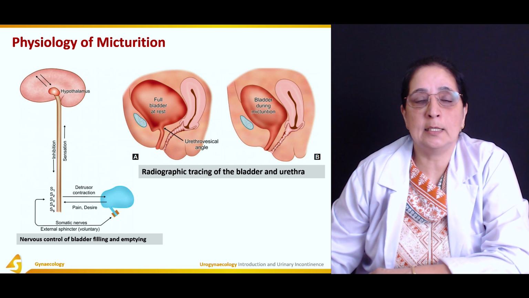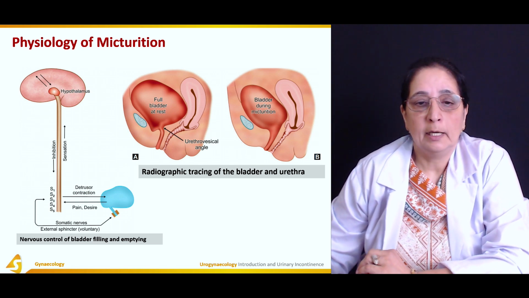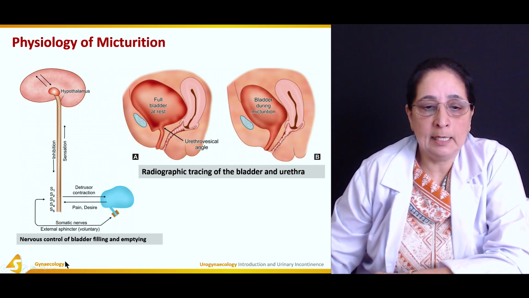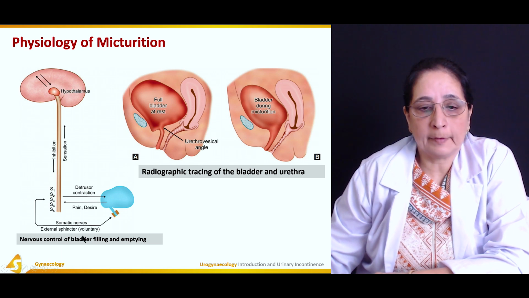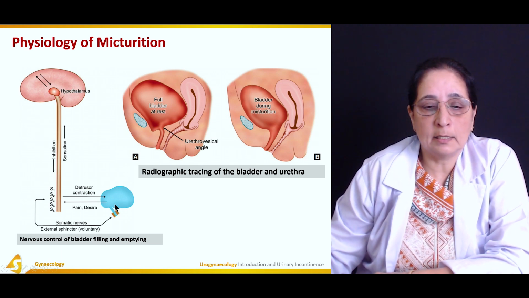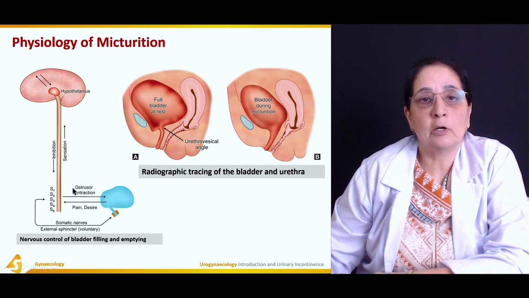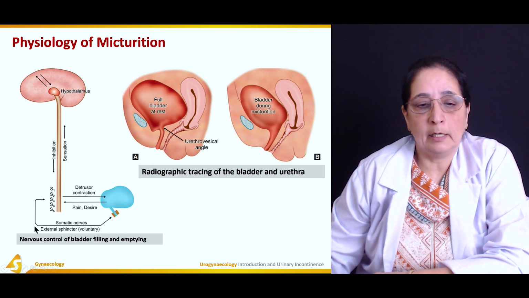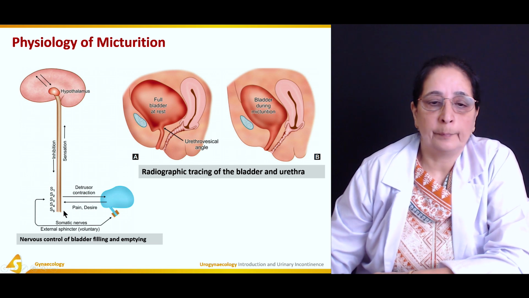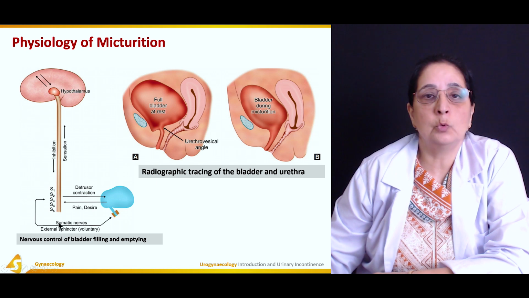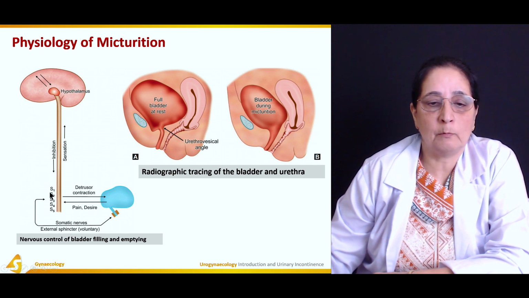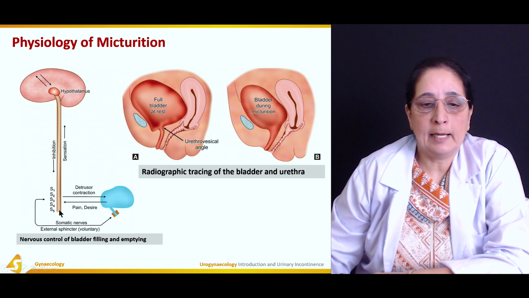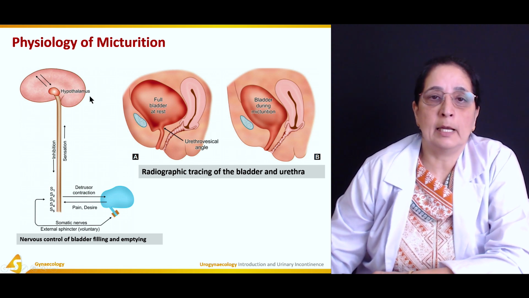So the normal mechanism of urination is mainly this: once the bladder is filled and there is contraction of the detrusor muscle, the information goes to the spinal cord at S1 to S5 level. This is sacrum 1 to sacrum 5, and then this leads to